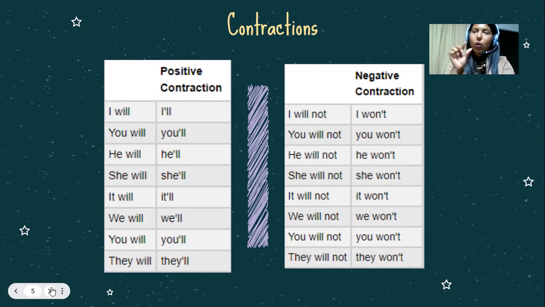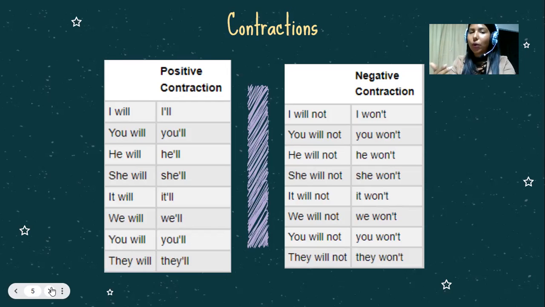Okay, will changes to 'll, that is an L sound that is produced by the back of the tongue. Your tongue comes back. I will sounds like I'll, you will, you'll, and so on.